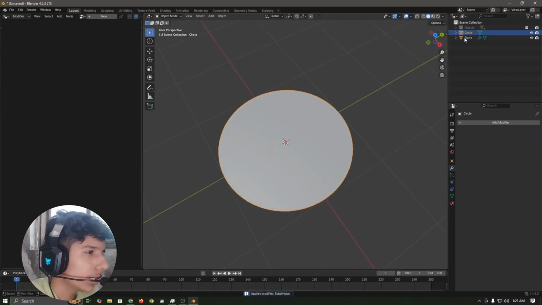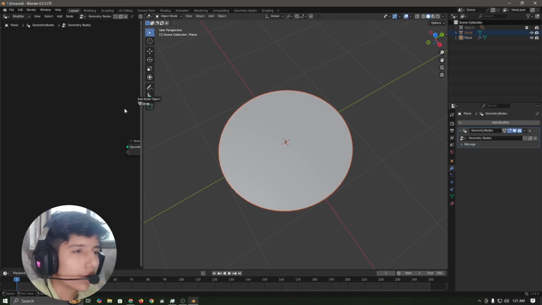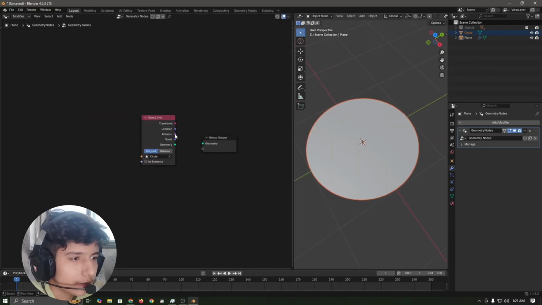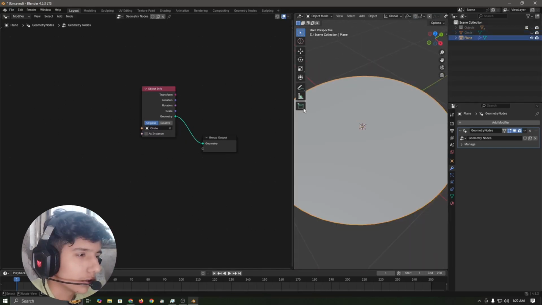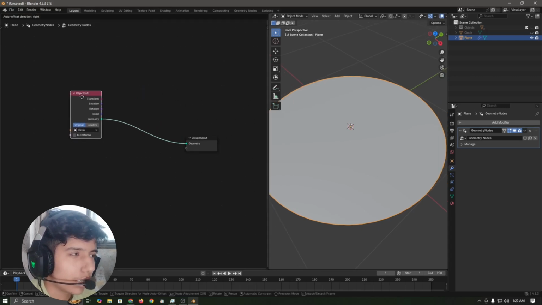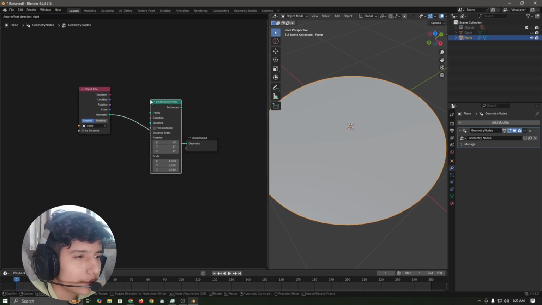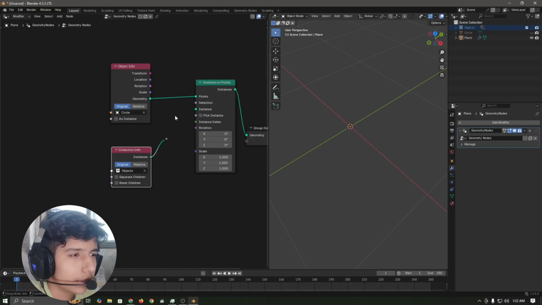Now if we come here to this plane, we can drag and drop our circle here into this node tree and just plug it into this group output and hide this circle for now. We can see we have this now. So now if we distribute our objects here, instance on points, just take this collection and plug it into this instance,